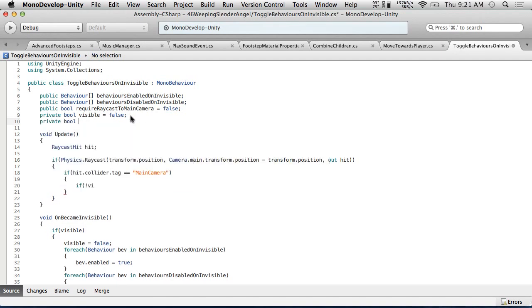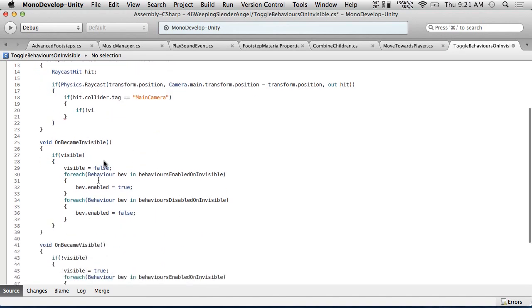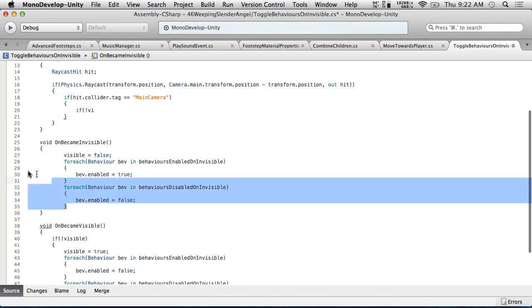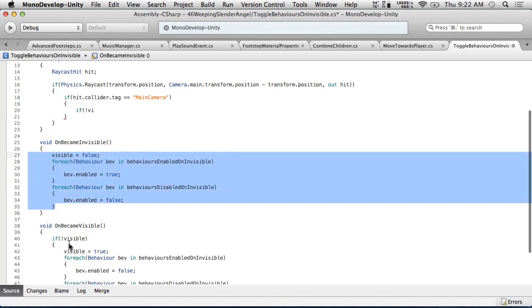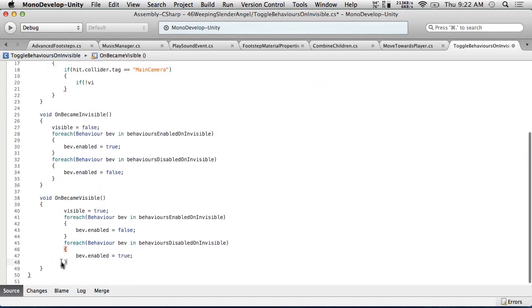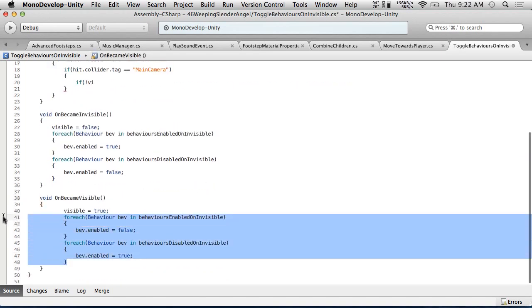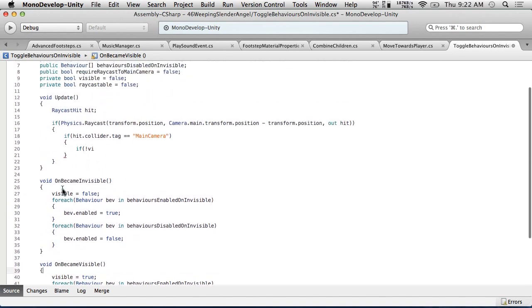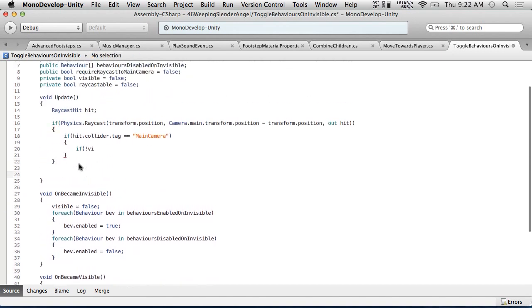bool raycastable equals false. So what we will do is we're not going to do the double check here. We're just going to set visible to false. Alright, so we're just going to set visible to false, visible to true. And we're going to actually take this logic out too. So what we will do at the end of all of this is